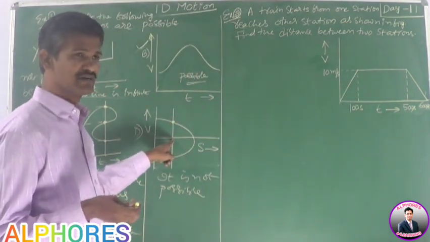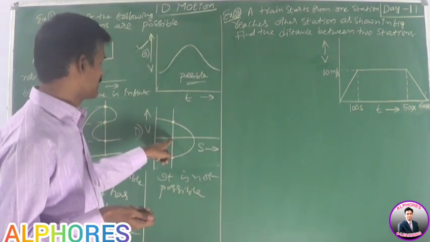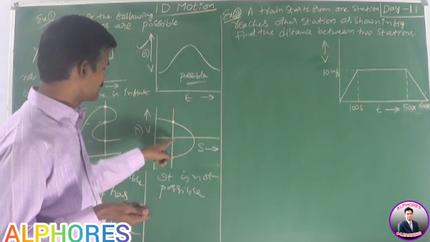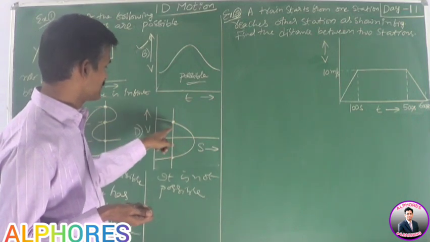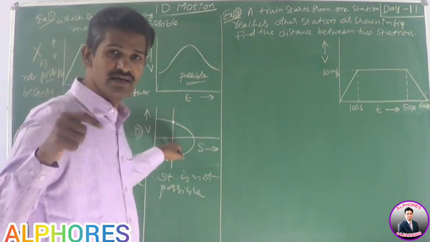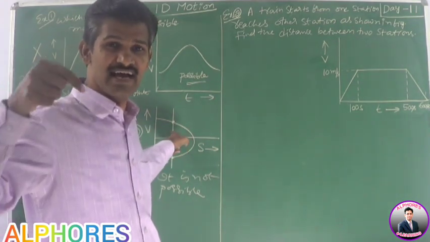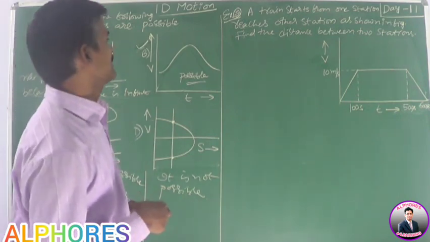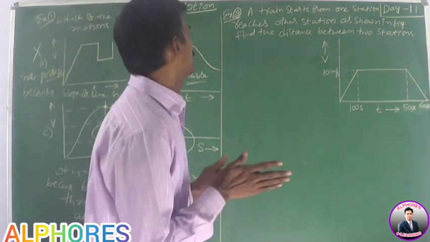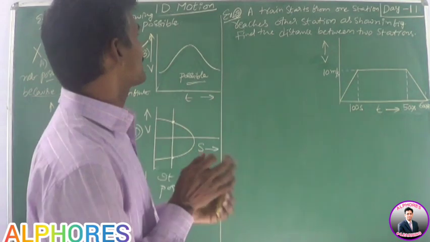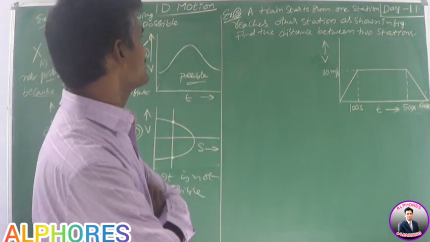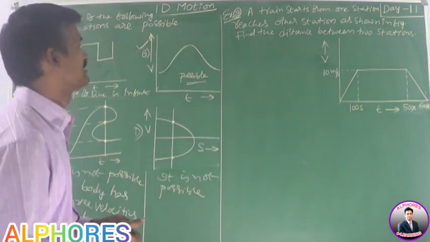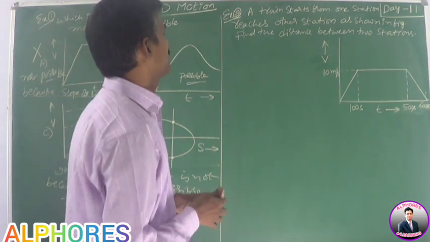Displacements may be the same for the same velocity, but velocities must not be the same for a single displacement, and it may not have 2 or more velocities at a point. That is my point. Next, our second example: a train starts from one station and reaches another station as shown in the figure.